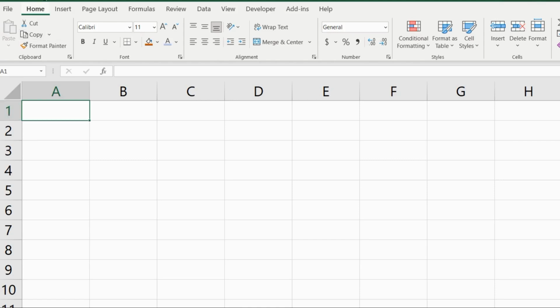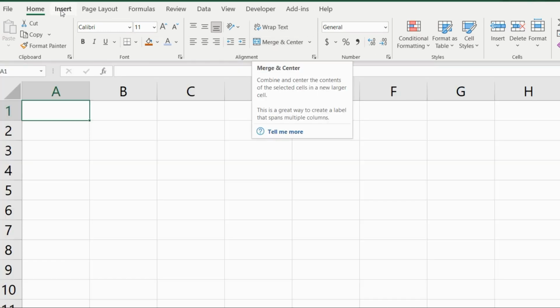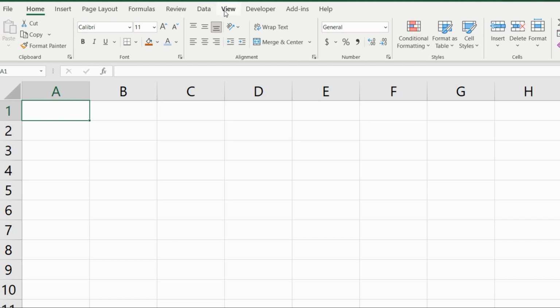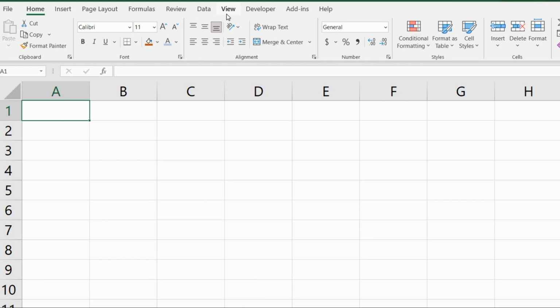We will be frequently using the Excel ribbon almost every single time we work with Excel. This highlighted area right here is referred to as the Excel ribbon. It is constituted of these main tabs and it can be further customized if required. Do we need to customize it? Not really. Do we need to add more tabs? We can add more tabs as per our needs.